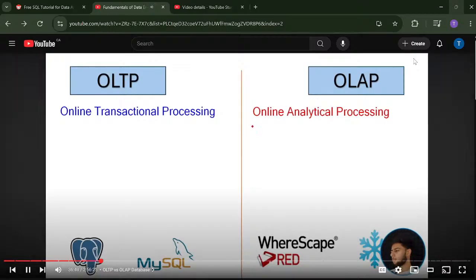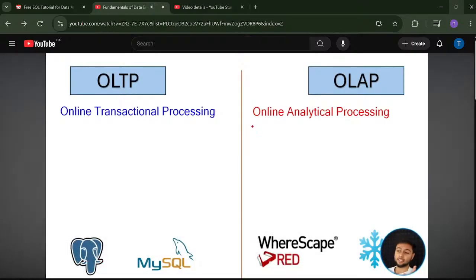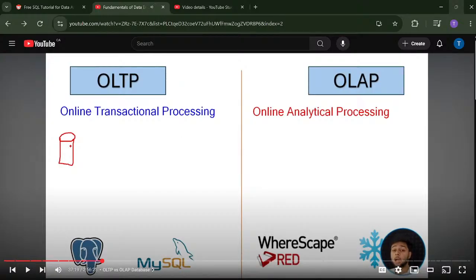Perfect. Okay. We understood the full form. Now what is this? First of all, just focus on the left part, OLTP. Just forget about the OLAP for now. Just give me a few minutes, I will explain each and everything. For OLTP, so far we have discussed that our source, let's say this is our source, a SQL database. This is managed by whom? Managed by